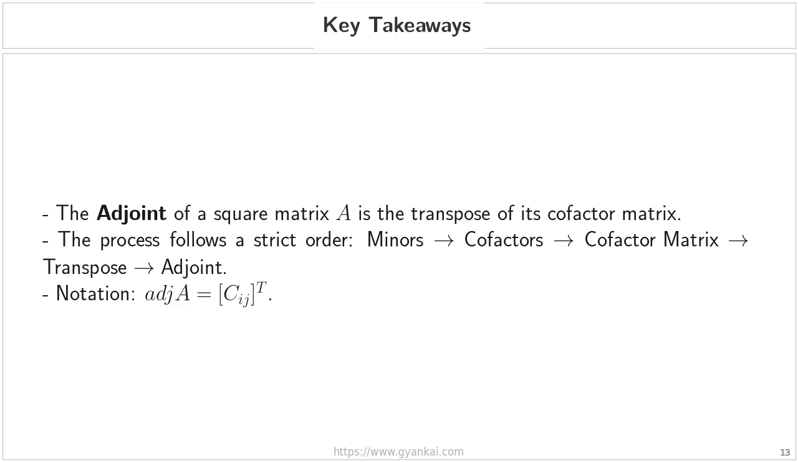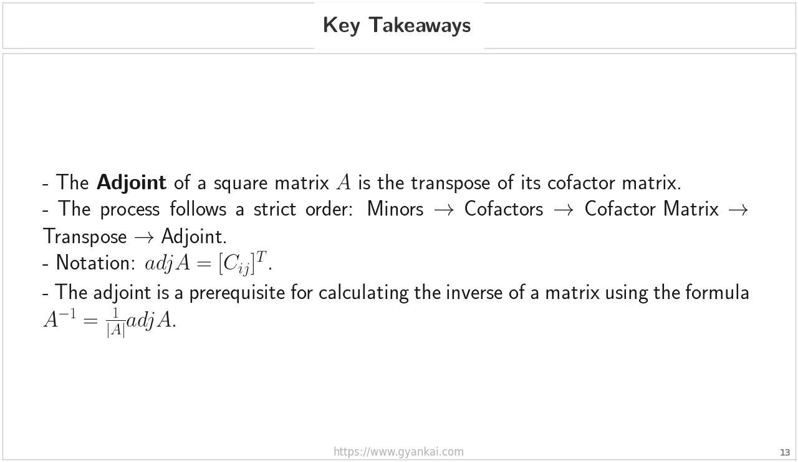In terms of mathematical notation, you will see it written as adj A equals the transpose of the matrix of cofactors, where C sub i,j is the cofactor at row i and column j. Lastly, keep in mind why we are learning this in the first place. The adjoint is a vital prerequisite for calculating the inverse of a matrix. You will use it in the formula where an inverse equals 1 divided by the determinant of A, multiplied by the adjoint of A. All right, we have reached the end of our lesson, so let's wrap everything up with